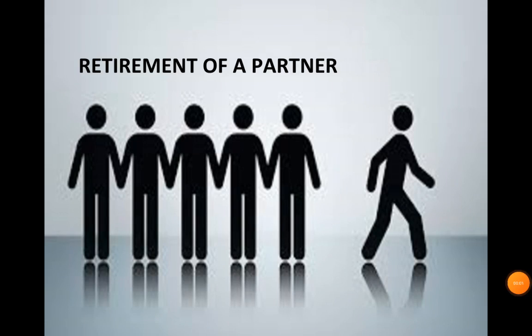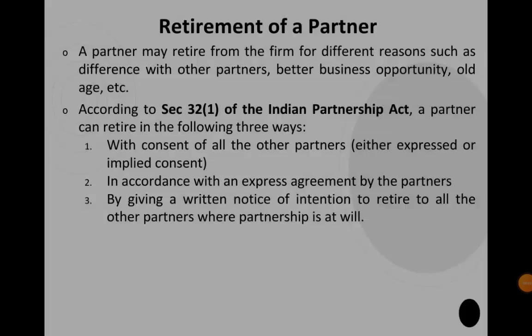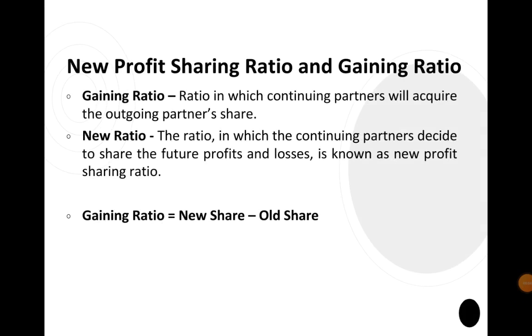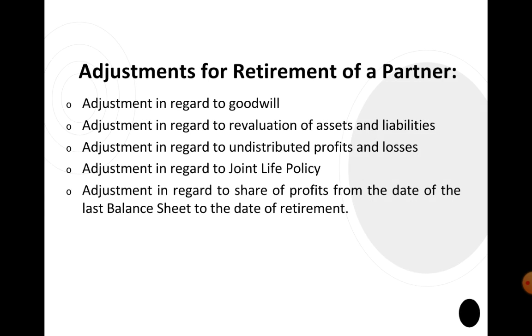We have been talking about the retirement of a partner, and under the retirement of a partner, we saw the various adjustments which are required for retirement of a partner. We talked about adjustment in regards to goodwill. We've solved a couple of sums, and then we talked about adjustment in regard to revaluation of assets and liabilities,